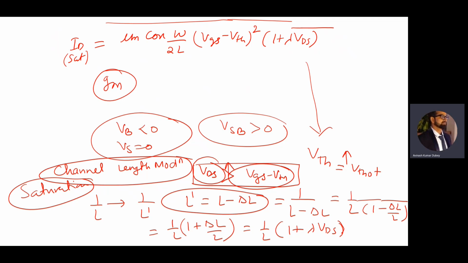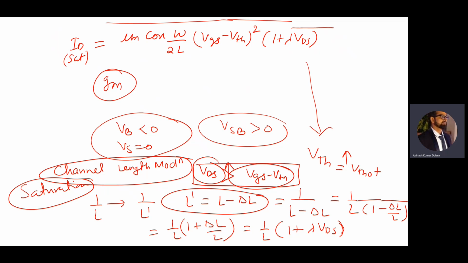Another second order effect is subthreshold conduction. So what will happen in subthreshold conduction? Generally, we have assumed that when VGS is less than VTH, the device is in the off condition. But in reality, when VGS is near VTH, a weak inversion layer still exists, and some current from drain to source will flow when the drain voltage, meaning VDS, is high. Then the value of VDS should be roughly greater than 200 millivolt. That is the important condition.